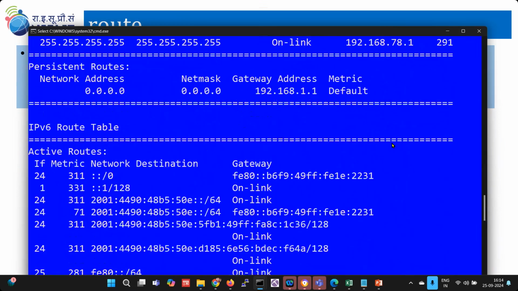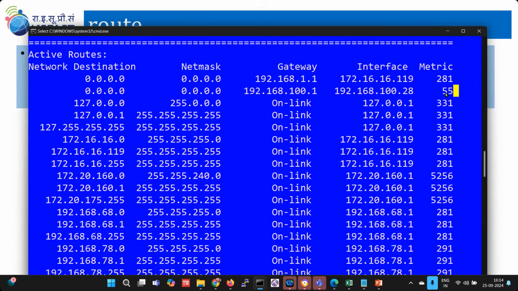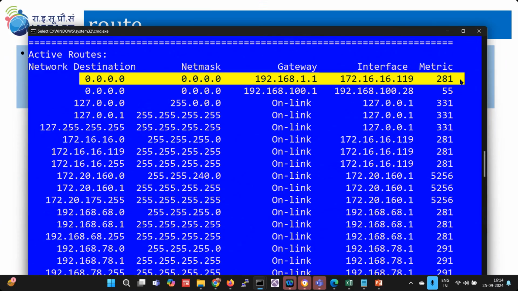So what is the criteria for assigning this? You have to go through the documentation. Why is Windows assigning this lowest value, 55, to BSNL, in spite of the other line having the highest speed because it is a leased line? So normally a router device creates the routing table on the basis of metric value. So the router